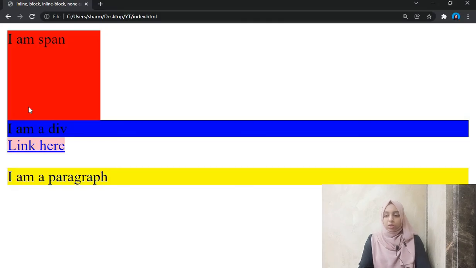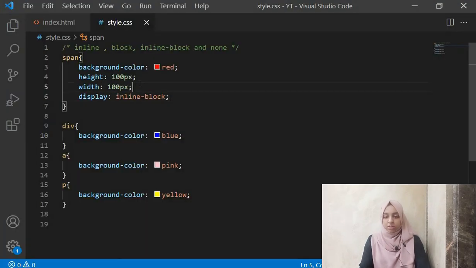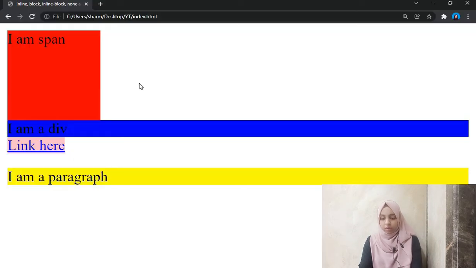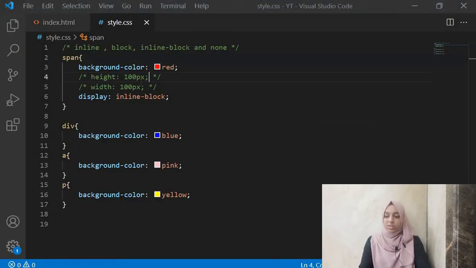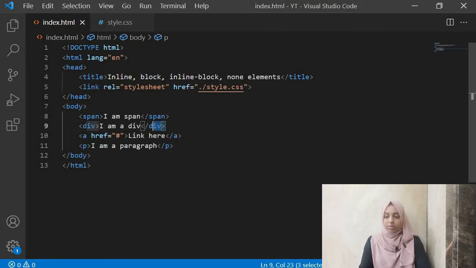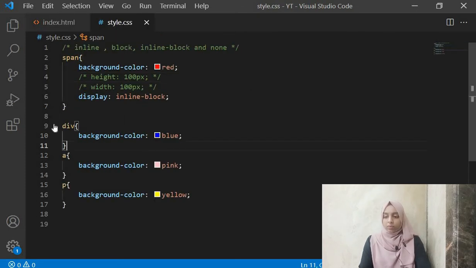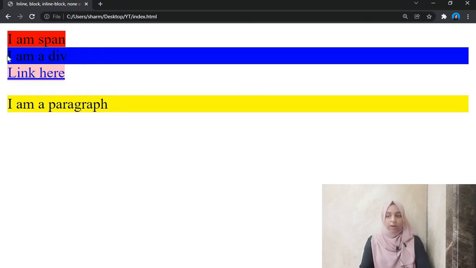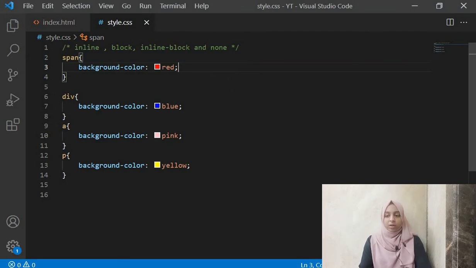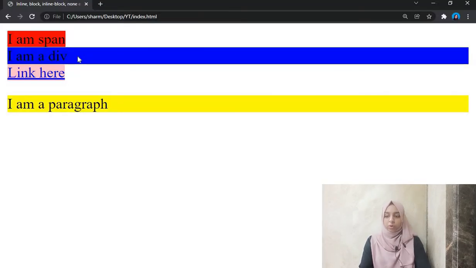All right, now the second element over here, the div element. Let's remove this width and height and we refresh. So yeah, it's back to its original size. Now the second element over here, the div. Let's just remove all of these, refresh, no change, right? So here this is our second element. The first element has a background color of red, the second element has a background color of blue, but I haven't given it any other thing, and still it takes up all the space, which means that the div element is a block element by default.